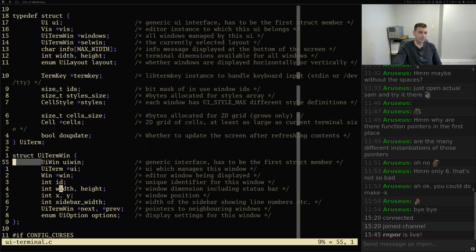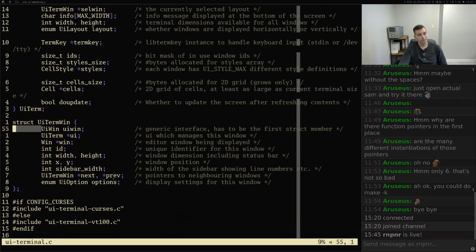So, in C, if the first member of your struct is a different struct, and you know that the pointer, so if you take a UI win pointer and you know that it originally came from this UI term win, because this struct is the first member,